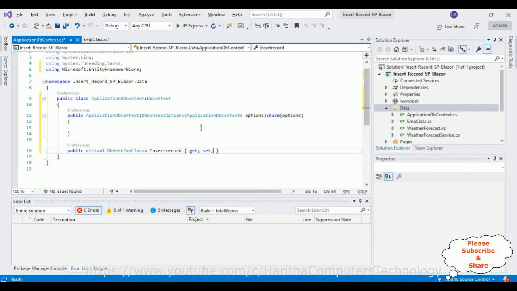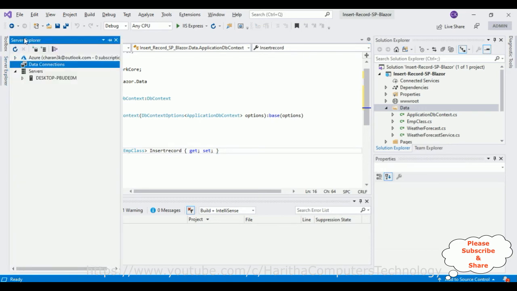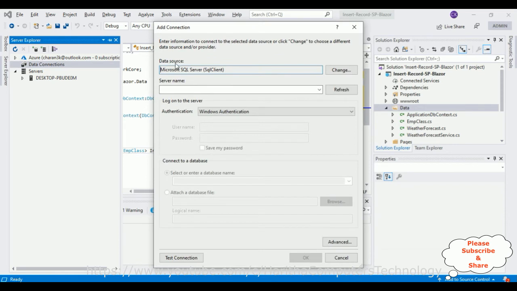That's it. After that, when we want to communicate with the data, we require the proper data source, which is our connection string of the SQL Server. To get the proper connection string of the SQL Server, notice here at the sidebar there is a Server Explorer. Click that one. In the Server Explorer there is a Data Connection. So open that one, right click the mouse, add connection. The data source is Microsoft SQL Server client. I want to connect, and my server name is this one, desktop